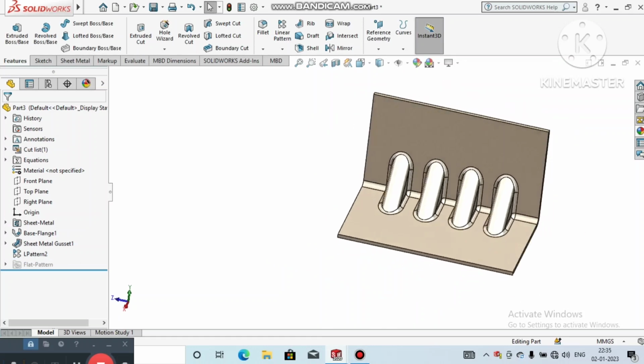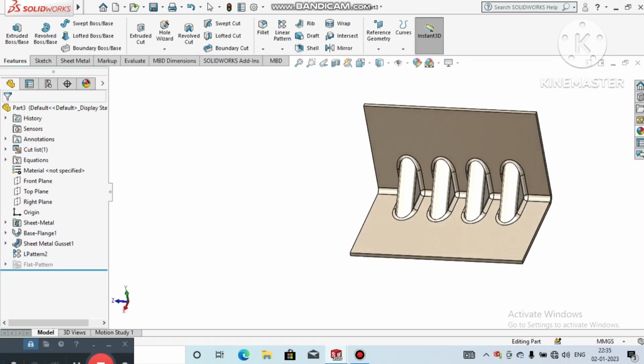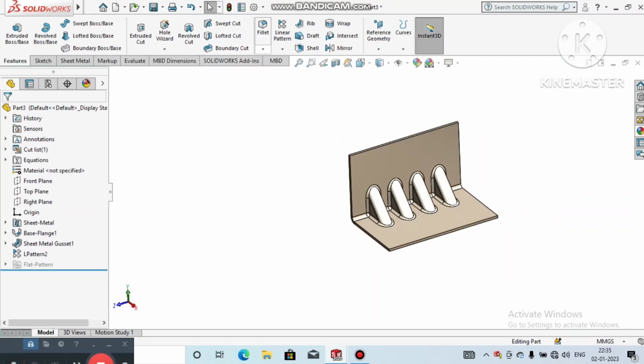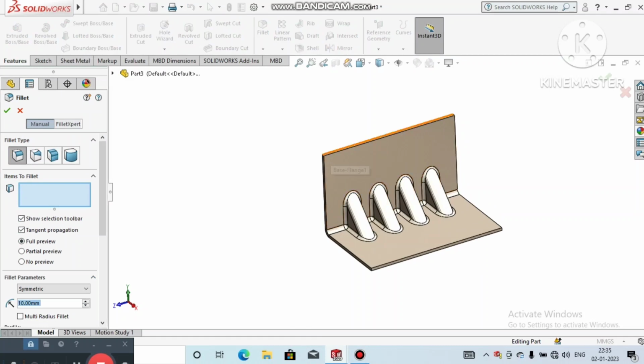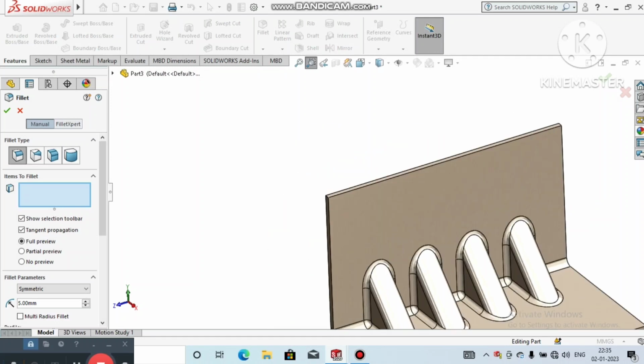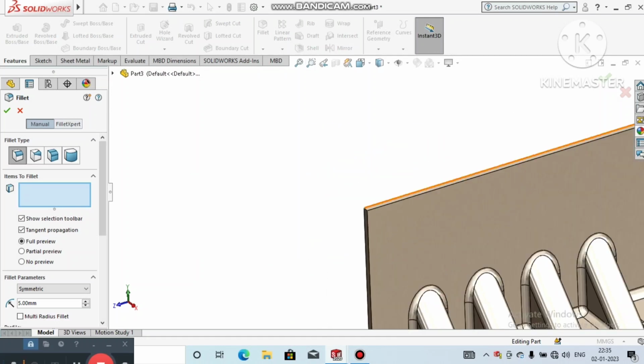Now look how we create this gusset, so it looks very beautiful. Basically it is used for supporting two mounting plates. So look, and here we apply the fillet to the corner edge, so make the fillet 5 mm to all these corners. So here it will select all these corner edges separately,